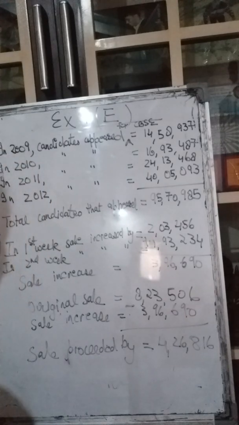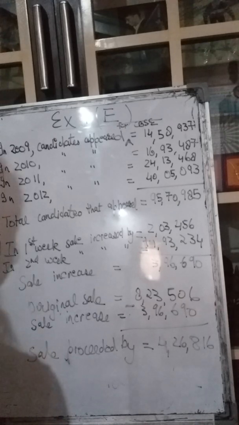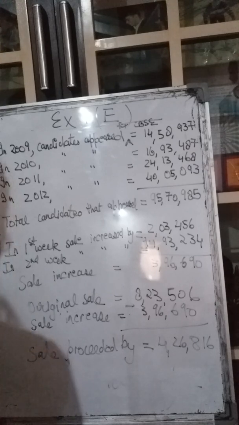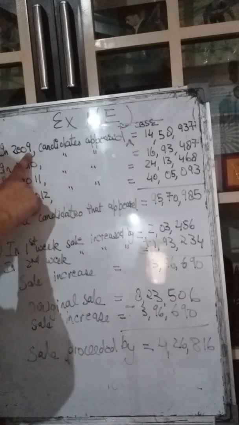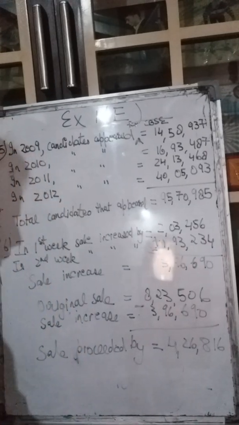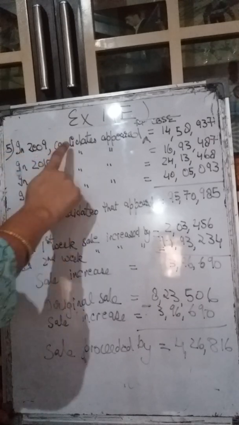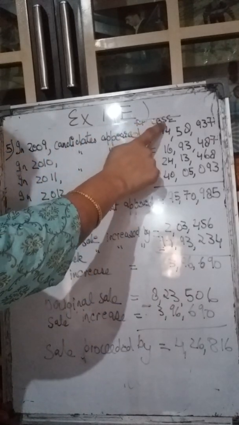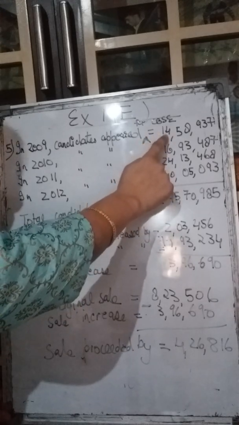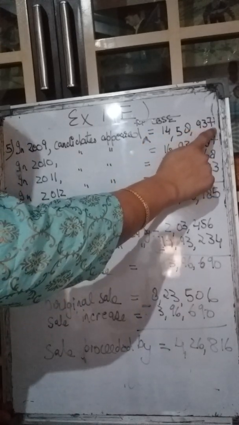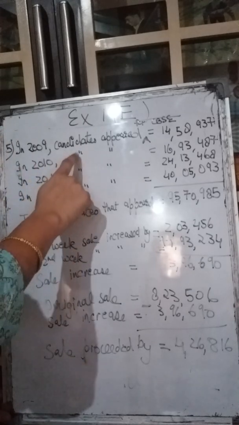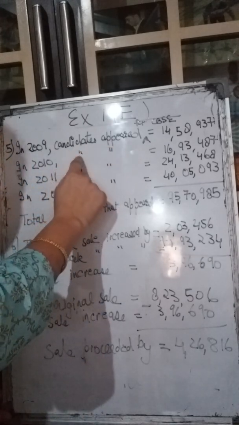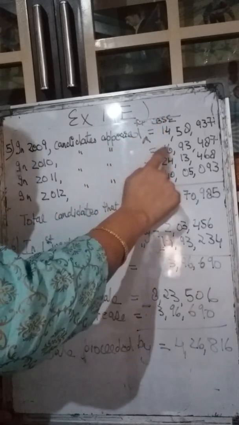Now girls, we come to the fifth question. The fifth question says that the number of candidates appearing for the class 10th board examination conducted by CBSE was 14,58,937 in the year 2009. So we will write the statement as: in 2009 the candidates appeared for CBSE is equal to 14,58,937. In 2010, again you will write the full sentence, full words. Candidates appeared for CBSE is equal to this much,